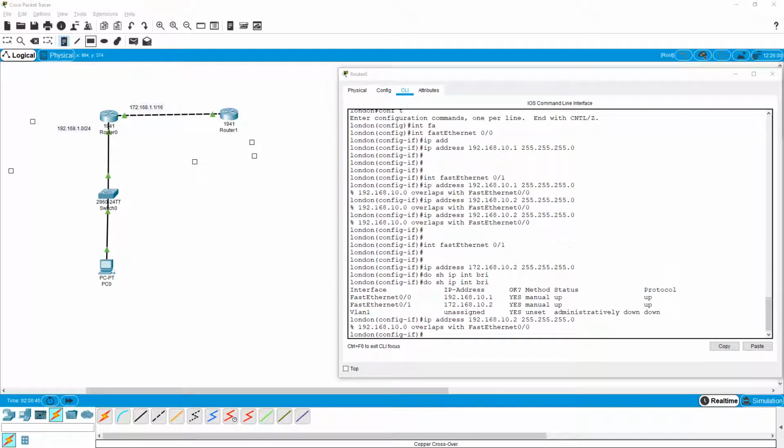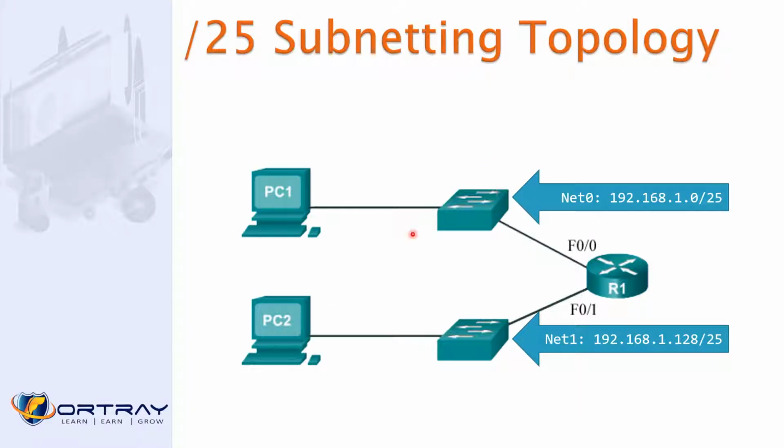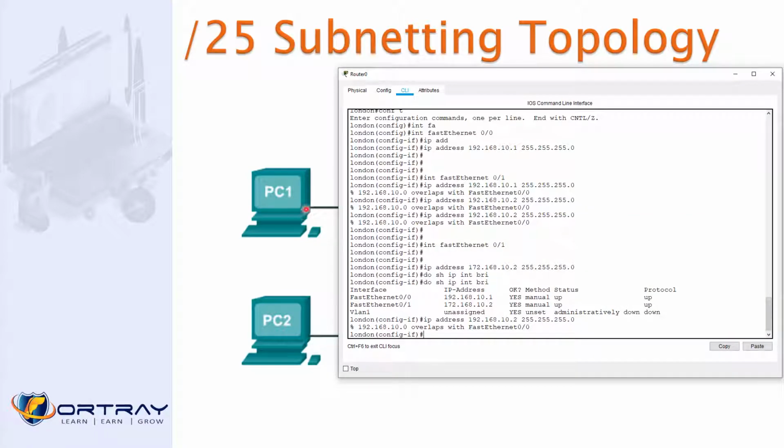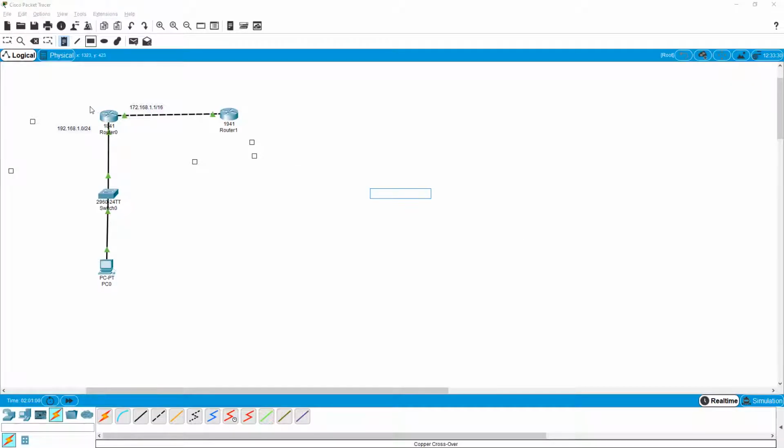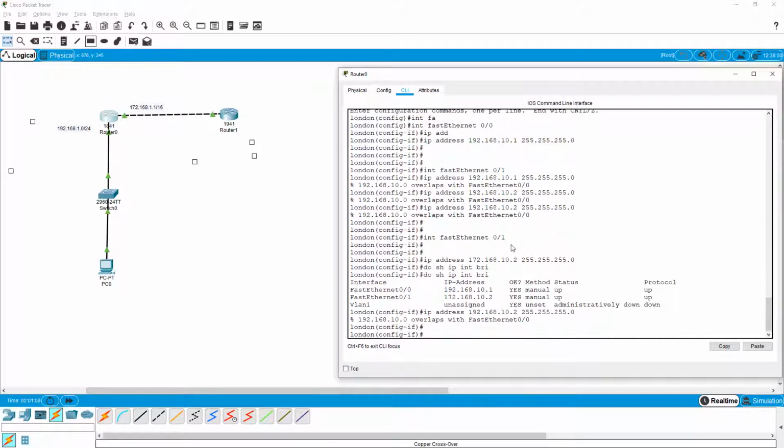So in our topology, what we have done now is 192.168.1.0/25 and 192.168.1.128. Now, if you want to do this, how can we do this?